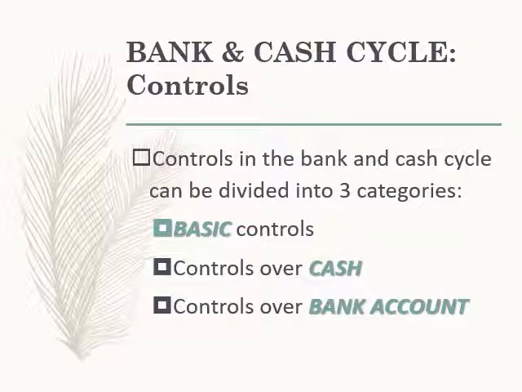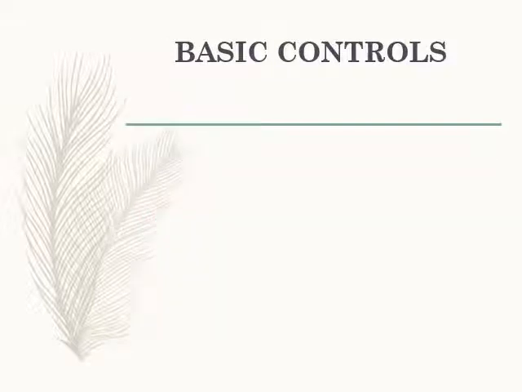Okay, so the controls in the cycle, we have them divided into three categories: the basic controls, the controls over cash, and then the controls over the bank account. Okay, so for your basic controls, we would need segregation of duties. Obviously, this depends on the size of the organization, whether that would be possible, but for practicality purposes, you would need then segregation of duties between the person who receives cash is normally not the same person who would then deal with the recording of the cash transactions,